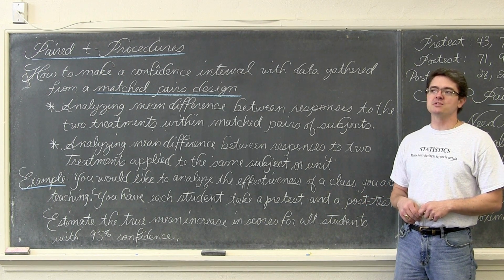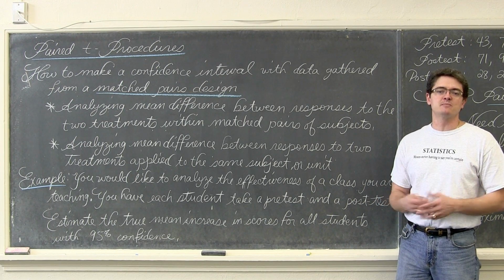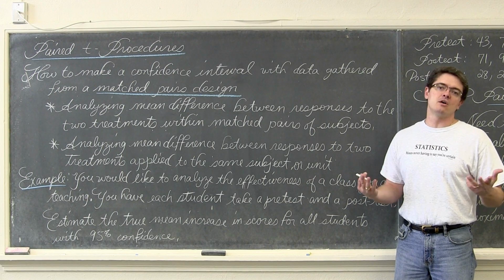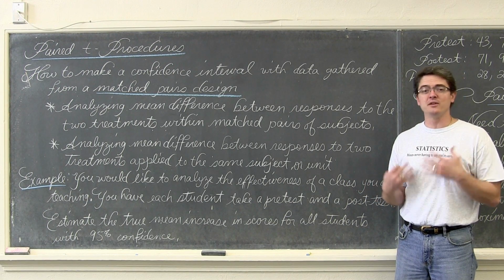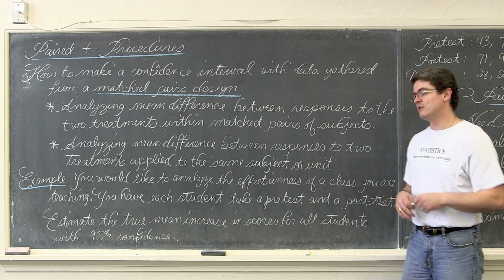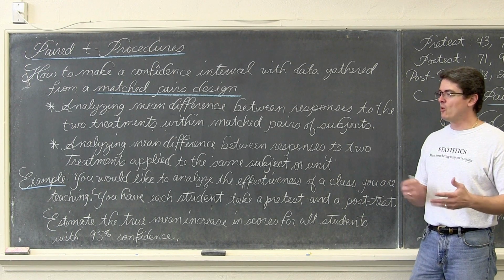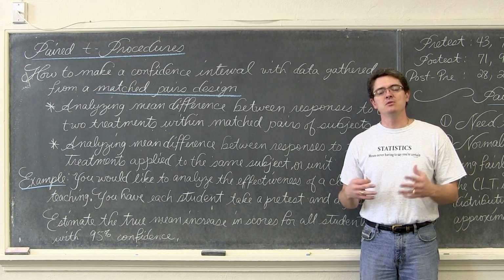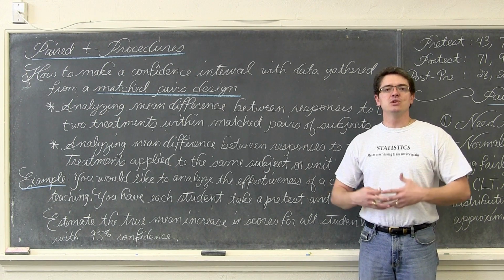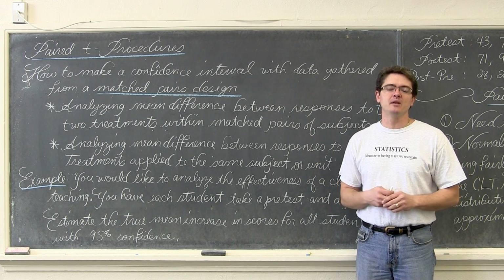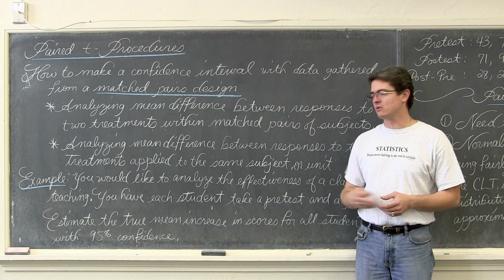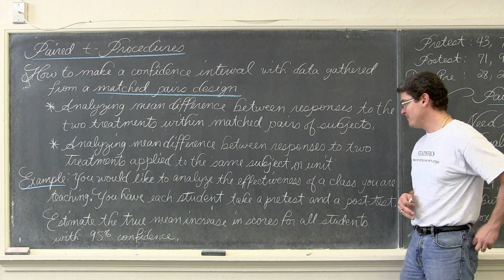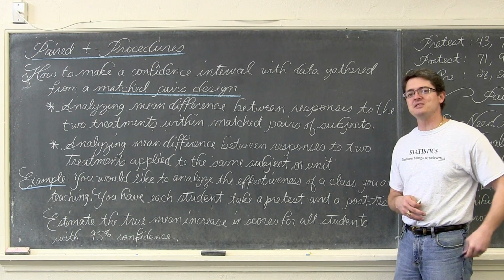So maybe for some reason I didn't have every class take a pre or post test, or maybe we're saying, well, I've taught this for years, it's the same textbook, I've developed my skills, so from year to year it's effectively the same effectiveness, hopefully this year more with the added benefit of watching some videos as a review. But the point is, we're going to allow a class to act as a sample and then use the results from that sample to make an inference about the entire population of all students taking this particular class. And we're going to do that by measuring the grades of a pre and post test. So let's get on with the example, shall we?